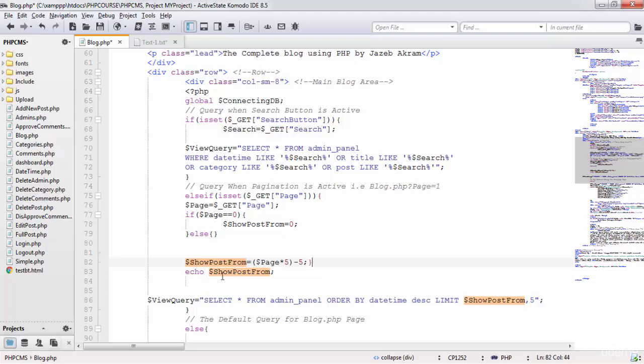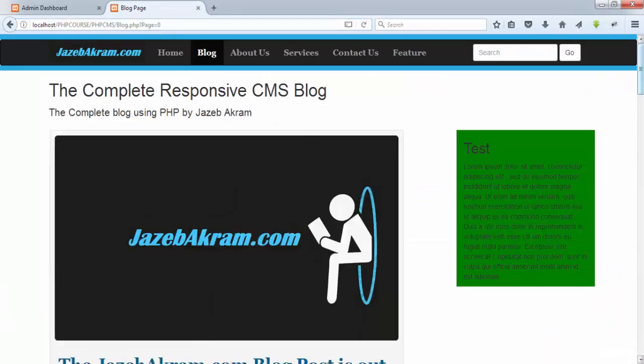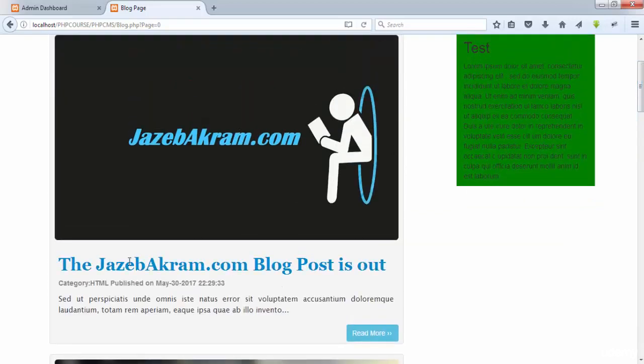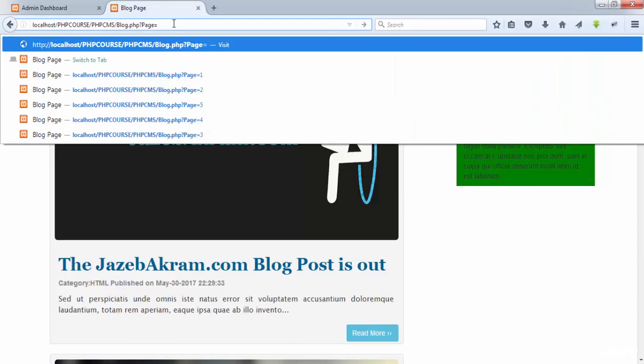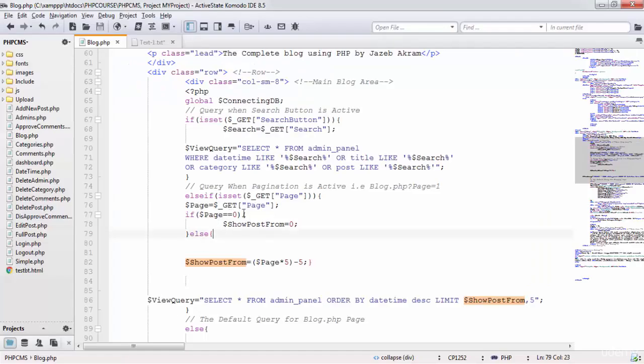Now we don't need this echo statement, so let's comment it. Saving this one, let's delete this one. Now saving this one out. If I just refresh the page, you can see we are extracting the posts from the 0 index. It means that we are extracting the posts from 1 to 5. If I give it 1, it's working fine. If we give it 0, it's also working fine because we added the if condition,